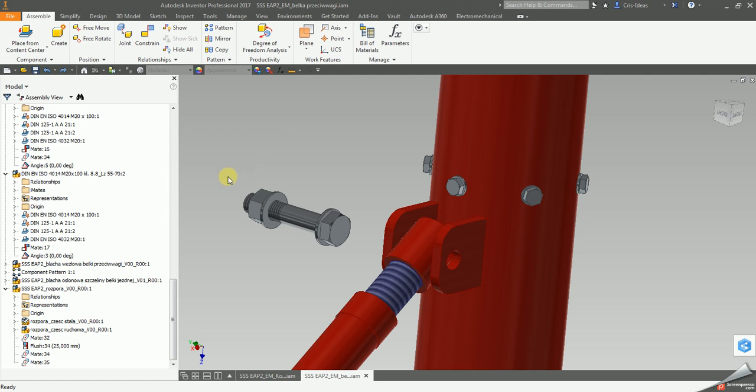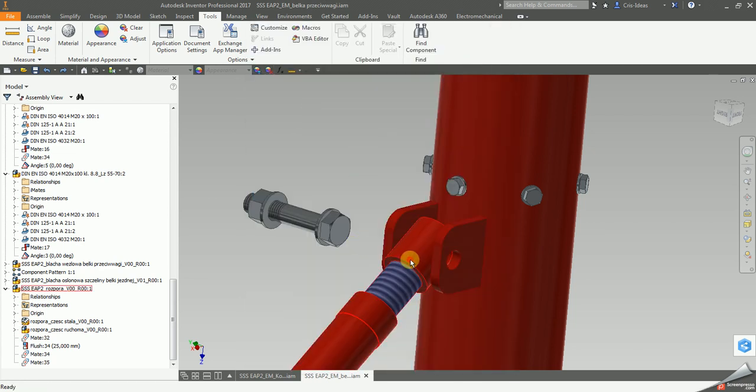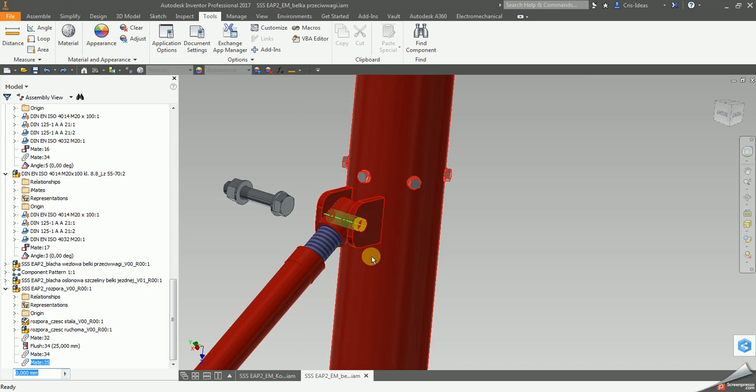Here I have an example of basically problems and a bad solution for the redundancy analysis of the constraint. So here I have an assembly in which I have a few elements, and currently this